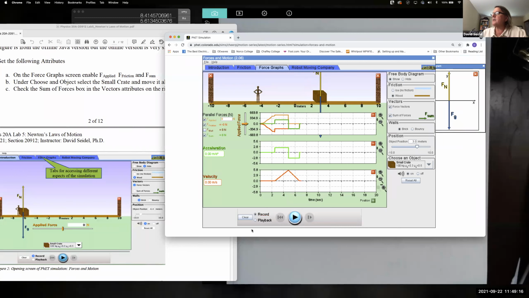I'm going to pause it, play back, and watch the force diagram here. So my applied force is increasing and my friction force is increasing. They're equal and opposite, up to a point. All of a sudden I broke through static friction, and now I have a sum of forces. And this force is now constant. So when I let go, this force won't change.